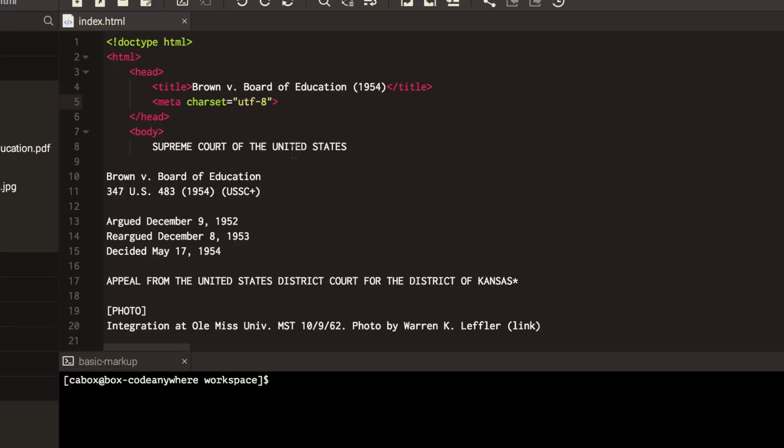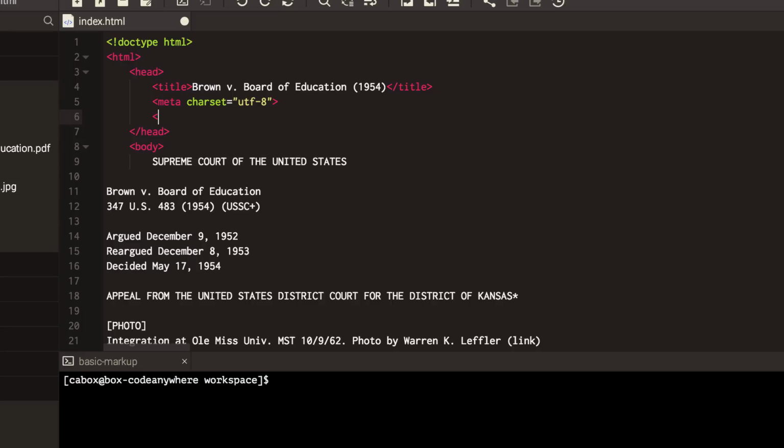So now we're going to add another meta tag that's very common to put in and which is still useful these days. This one will set a name attribute, and you notice that when we put in name, it gives us several options. So I'm going to pick description by using the arrow on my keyboard to arrow down, and then I'm going to hit enter. And then I'm going to put in a content attribute there. And you can see that, again, I know that I'm on the right track because I see content coming up